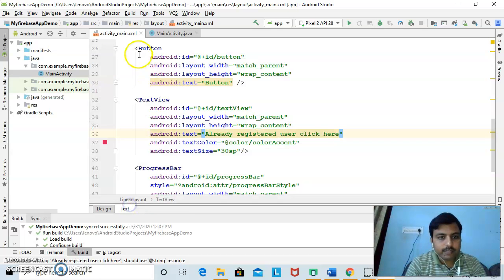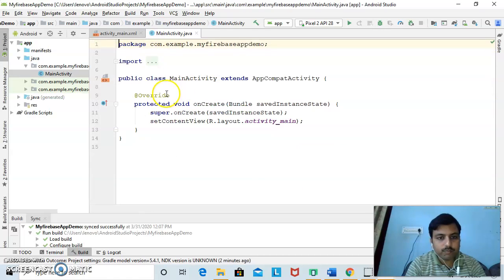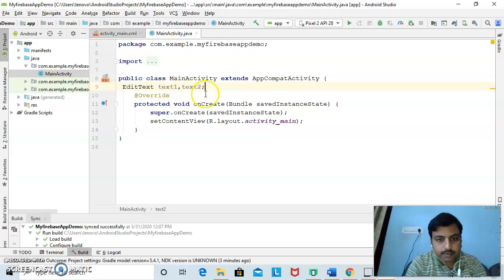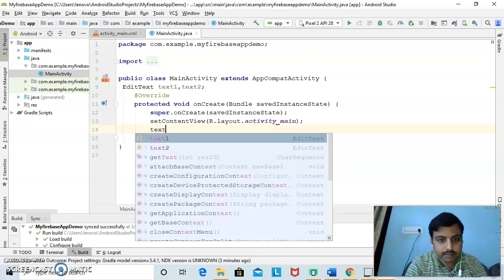Now we will create the instance reference variables and objects inside the main activity. So we will create the references of the edit texts, text 1 and text 2, with text 1 for the email part.